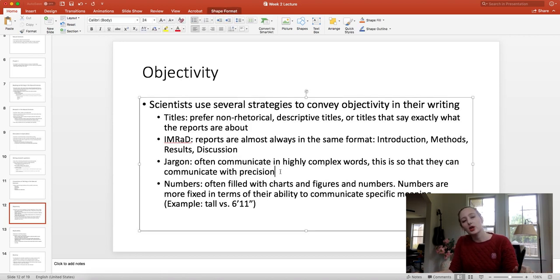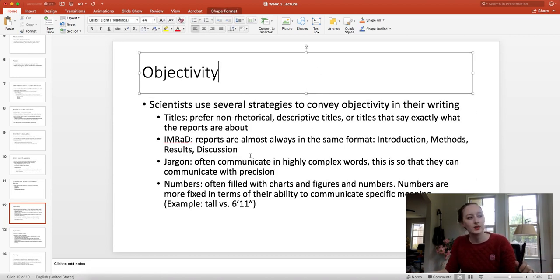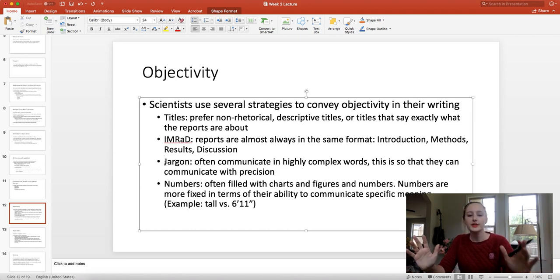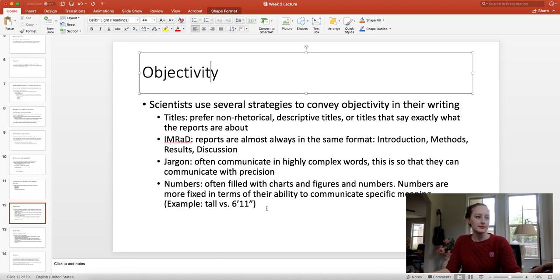So this is going to go in with audience, which we're going to talk about soon. Jargon. When you see jargon in the natural sciences, it's a scholar who's doing a report. They're using very highly complex words. They are assuming their audience already has this foundational understanding, knows what these words are, so they don't have to make it general because the audience is other scholars. So that's why you'll see a lot of jargon in the natural sciences.